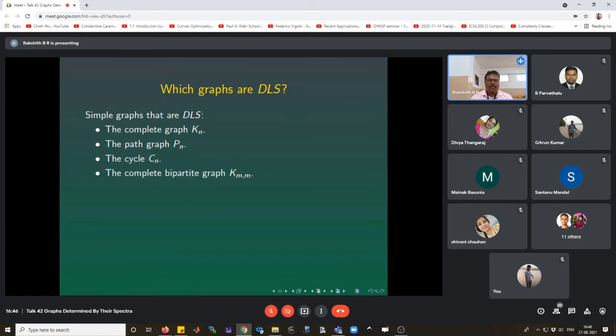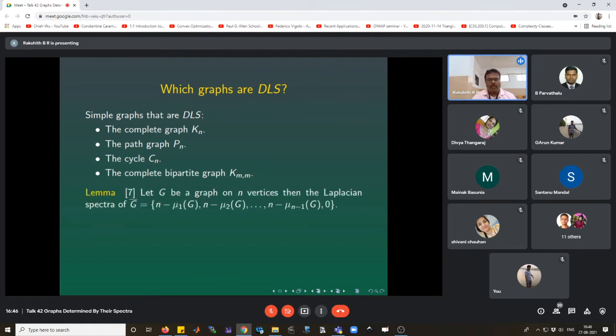So the cycle, you can prove it by making use of the fact that you can deduce whether the graph G is regular or not from the Laplacian spectrum. If you make use of that, you can find that any graph co-spectral with the cycle must be regular of degree 2. So we can simply say that it must be isomorphic to the cycle graph, because the number of components is also determined by the Laplacian spectrum. So that's also important.